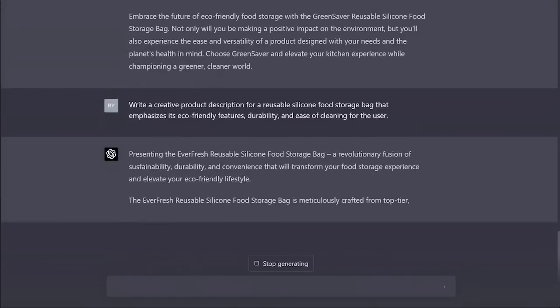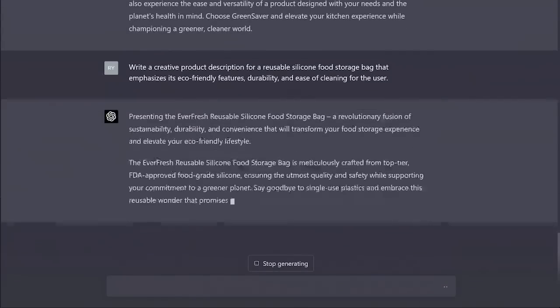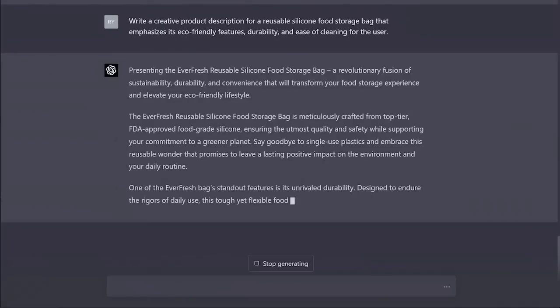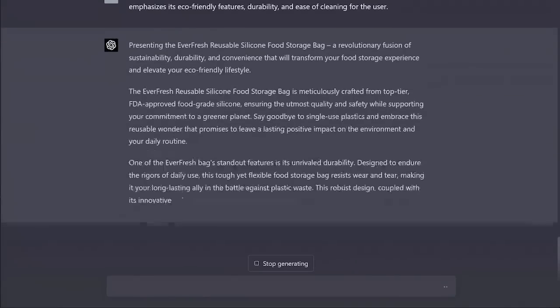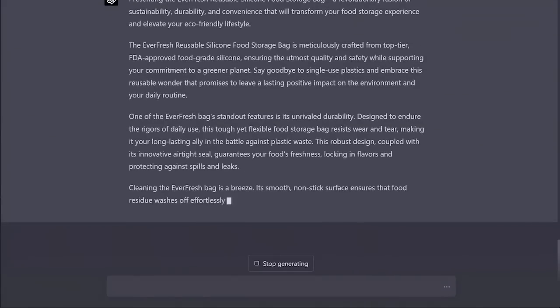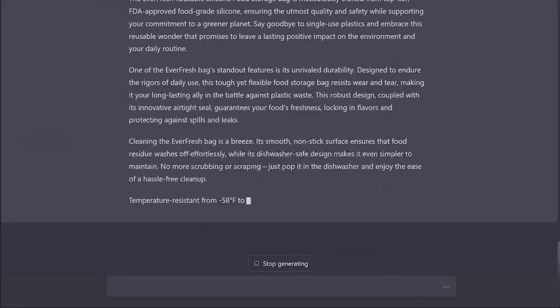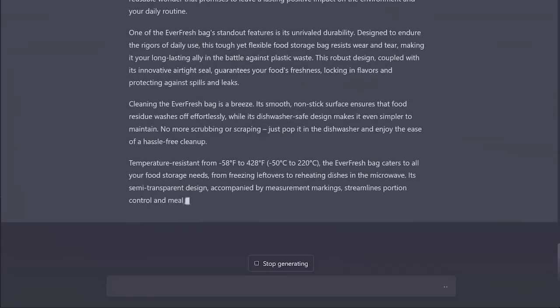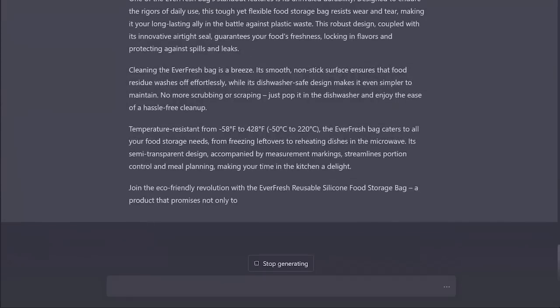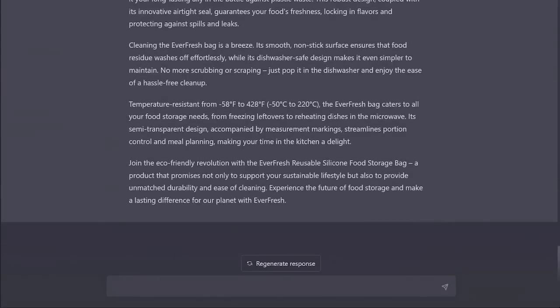Iteration means experimenting over and over again with the prompt. Some people might call this tweaking the prompt. Have fun and be creative with the prompt. Ask ChatGPT to respond from the customer's point of view. Experiment with different types of modifiers. Ask ChatGPT to give 2 or 3 versions of the iterative responses, and then ask it to compare and contrast them. By refining the prompt in this way, you increase the likelihood of generating a product description that better meets